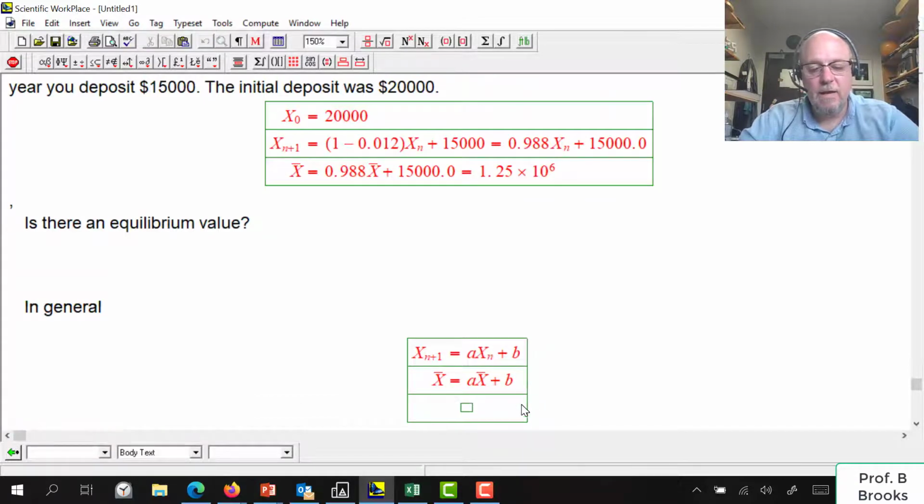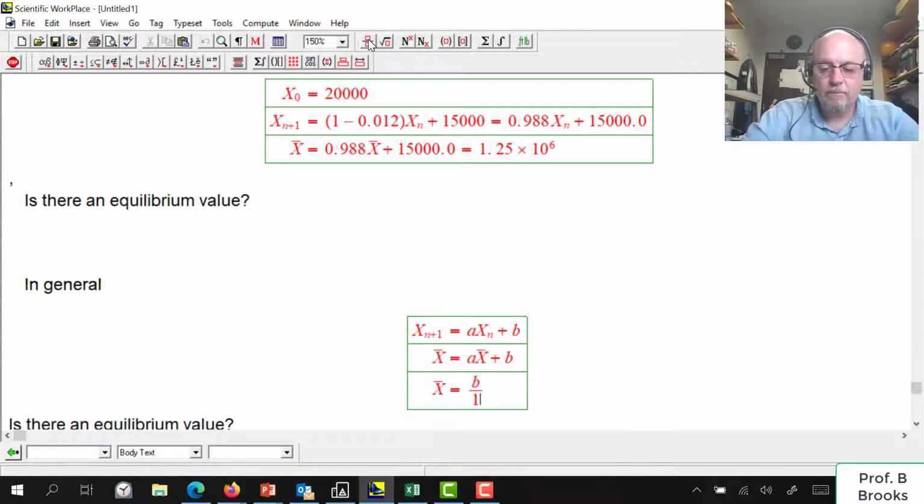And actually what I'm going to get is b over 1 minus a. So this linear first order difference equation always has an equilibrium value of b over 1 minus a,